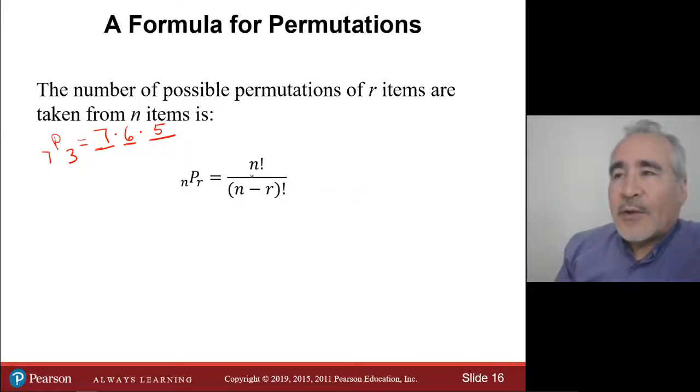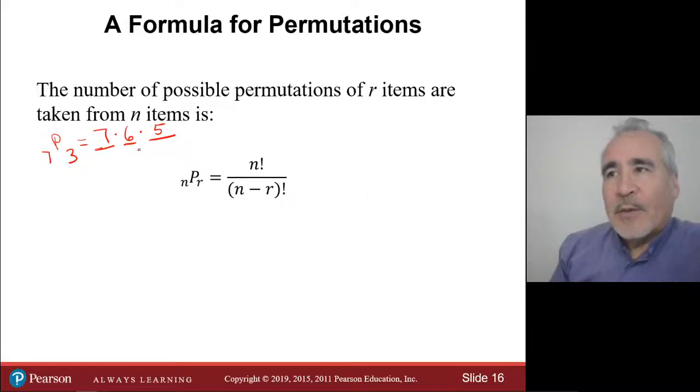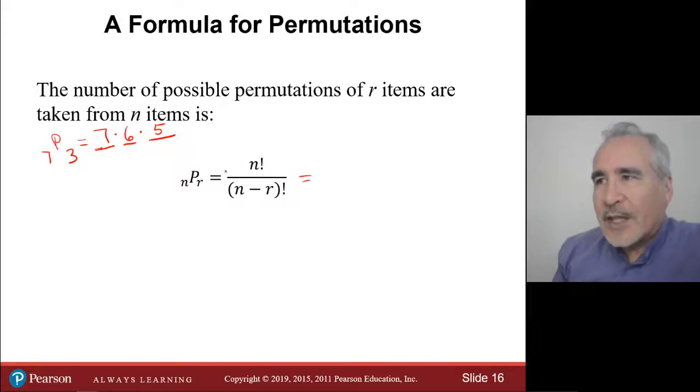Now let's see, using this formula, that we will actually end up with the same thing, but it takes a little bit longer. When we did it this way, we were thinking that we had 7 items and we're placing 3 of them. We understood what we're doing. When we come over here, we get into the abstract and we might lose track of what we're doing. So this formula says just take n factorial. Again, n equals 7, r equals 3, so that is 7 permute 3. From the formula, that gives us 7 factorial